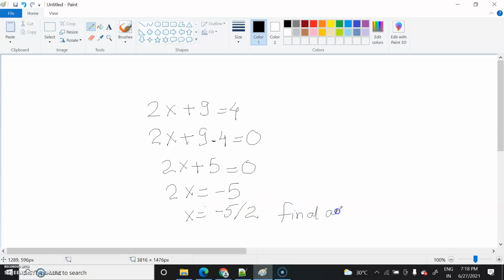So let's see what the value of this expression will be when you get it. Okay, so let's see this in the Python code.